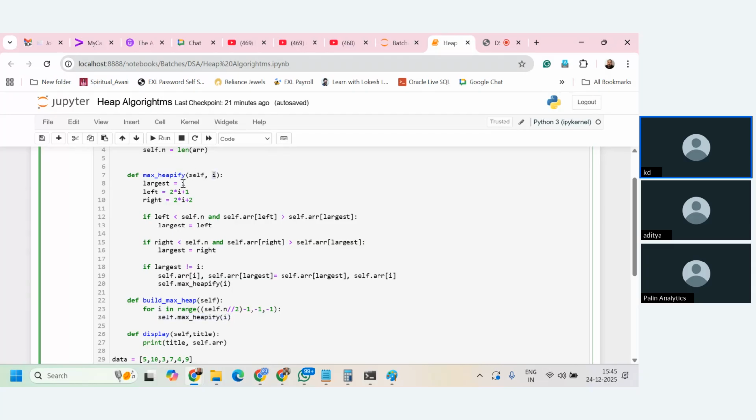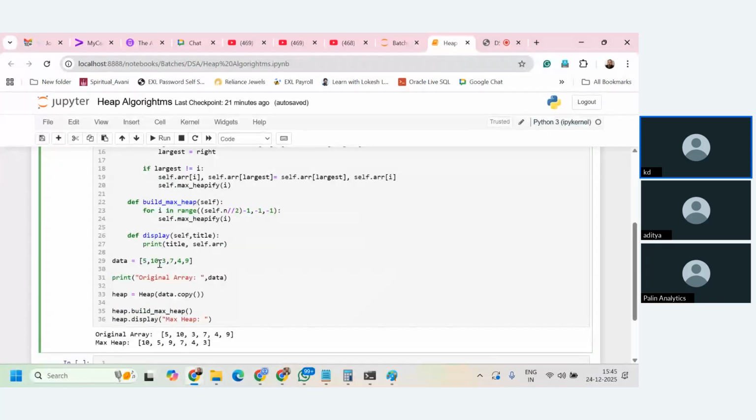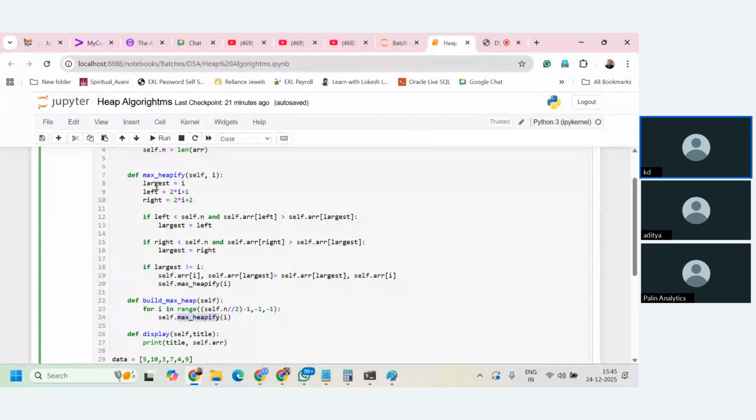So first of all, 5 has come. When 5 has come, there is no problem. When the second element comes as 10, now when the second element comes over here, the largest element is 10, and now when this